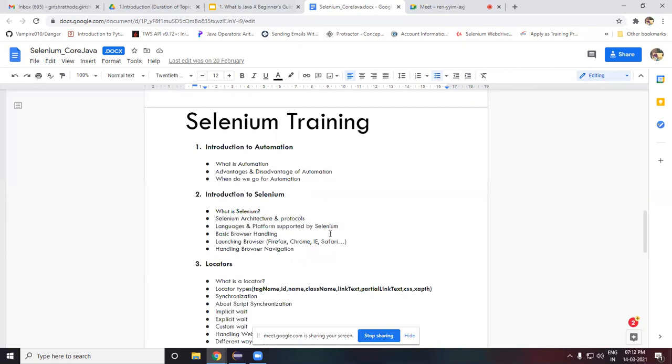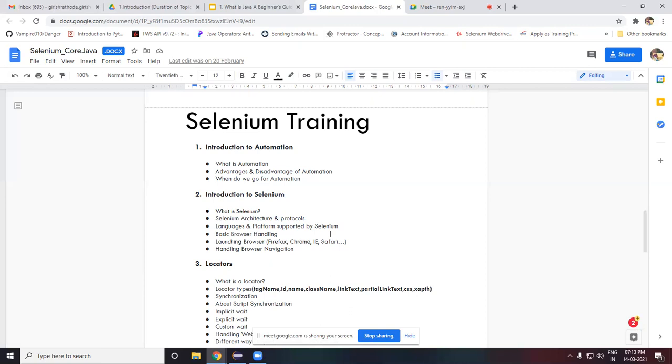Once we have done the introduction, we'll be jumping to basic browser handling. Here you will see how to handle simple basic browsers, as a beginning starter level. You can open your browser, enter your URL and open your website, and perform any action on that. That is a basic, simple way to start an automation. Once we have done that, we will try to navigate around the browser using what we have learned in the previous topic.